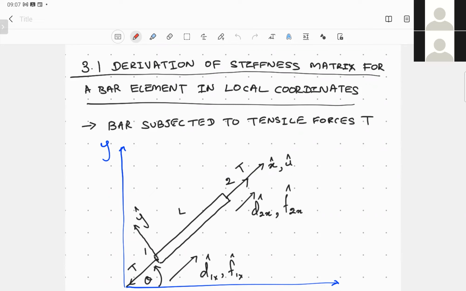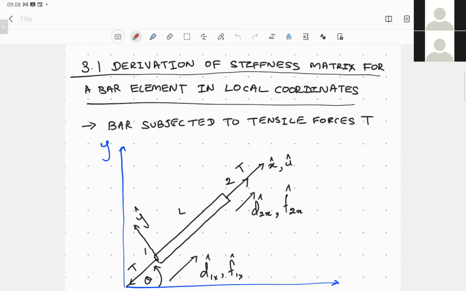When we move on, you will realize it is nothing but the same process applied for a spring element, but only certain terms, based on the physical properties, the physics of the truss, will change, and it is the same protocol that you have to follow